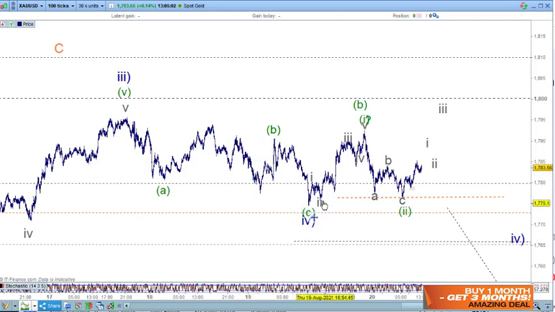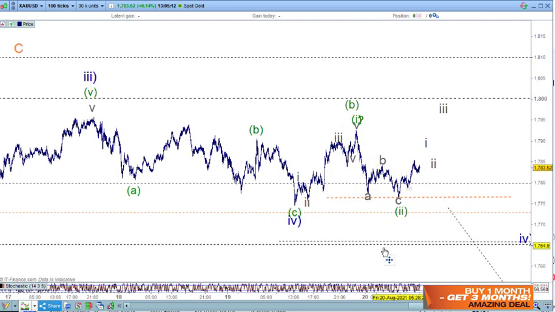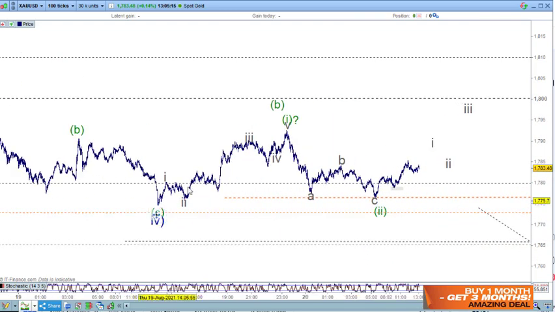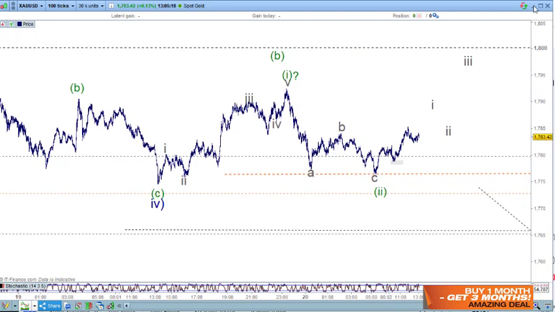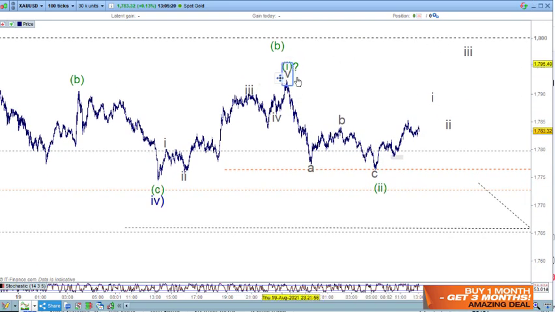And wave 4 here. We can count 5 waves up here, but we could also look at this as an A wave here, an A and a B wave here with an A, B, C here for the B wave and a C wave up here, and come down here further. But because we can count that as 5 waves up there, it can be wave C or it can be wave 1. If it's wave 1, that will be an A, B, C. If that wave 4 is right and it's in place, this will be wave 1 here with an A, B, C for wave 2. And then we need to build a case up here.